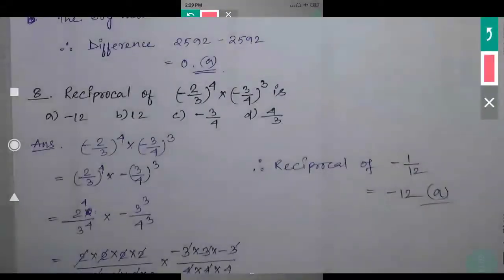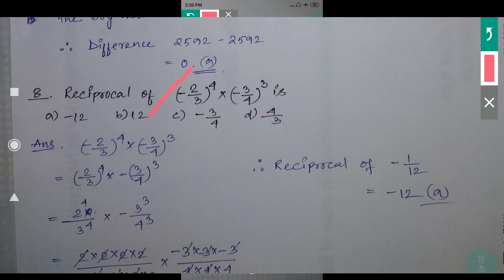First, the main thing in mathematics is that you have to read the questions very carefully. In the question, only 50% of the answer is there. See, the question says reciprocal of. Whatever answer you get, you have to find the reciprocal of that answer. So first we have to simplify this. That means this number is not simplified. A multiplication is given, and the reciprocal of that number is asked. So first you have to do the simplification. So let's do the simplification.